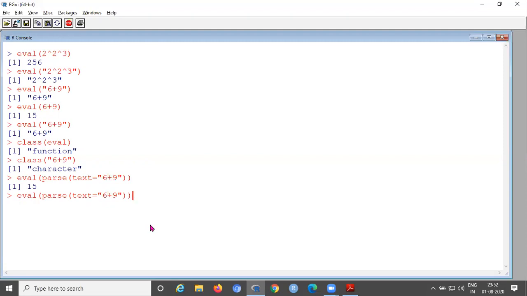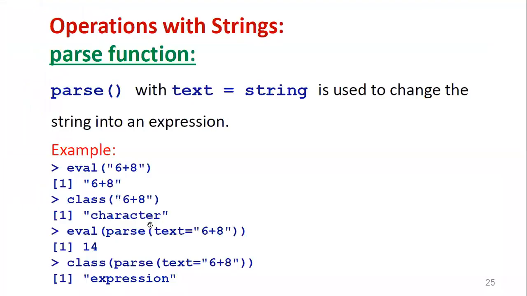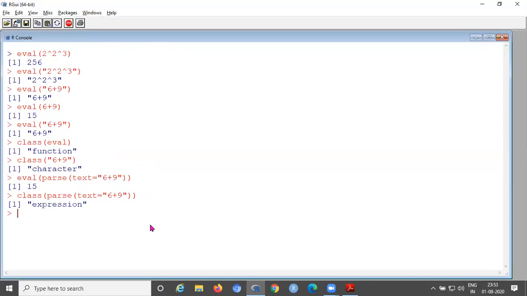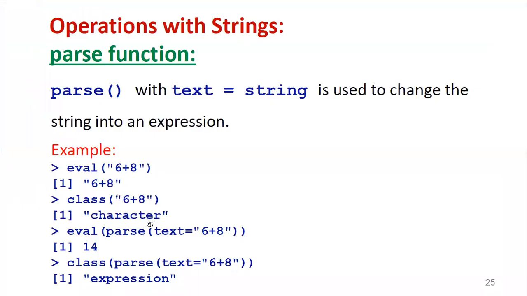Now if you find the class of this one, it is expression, whereas earlier the class displayed character. Without parse, whenever you take the class of this one, it displays simply character. So that is the use of the parse function.